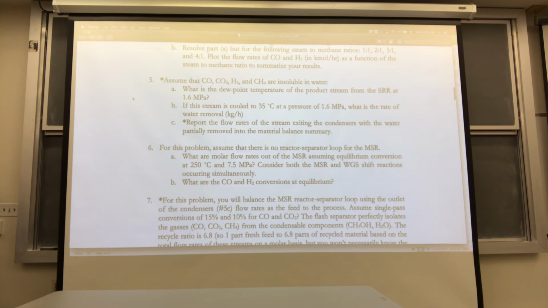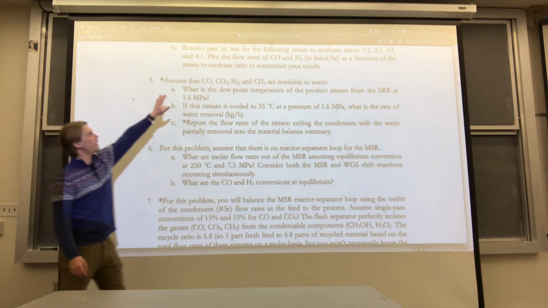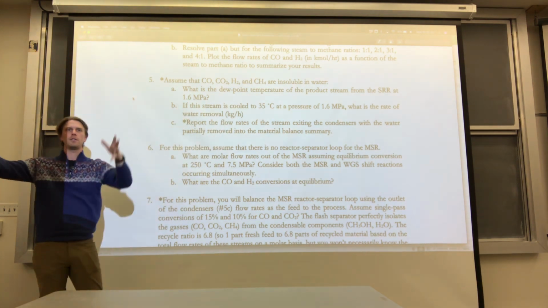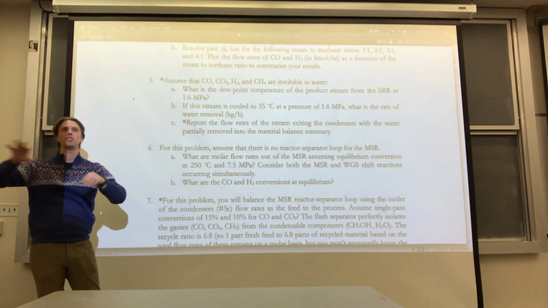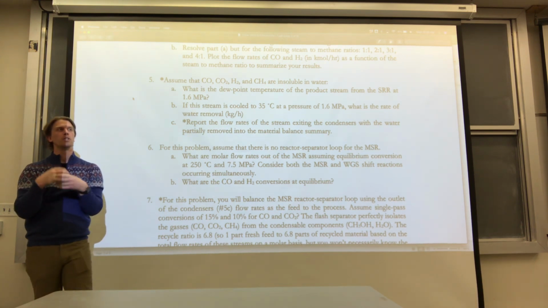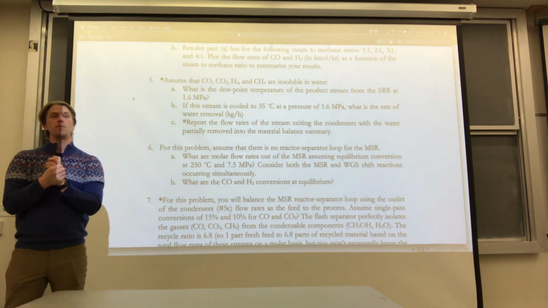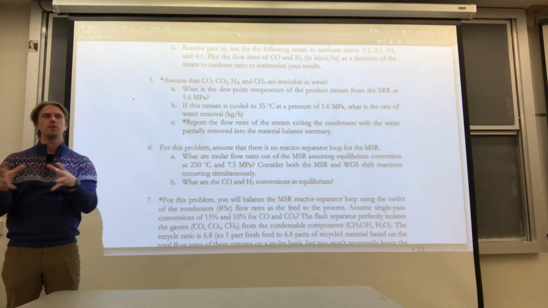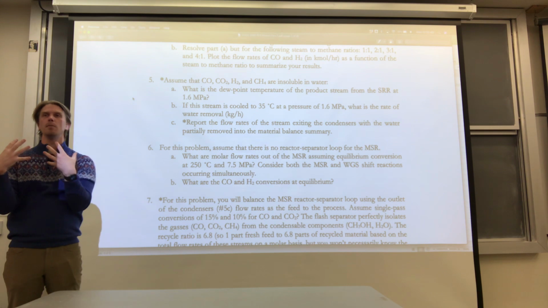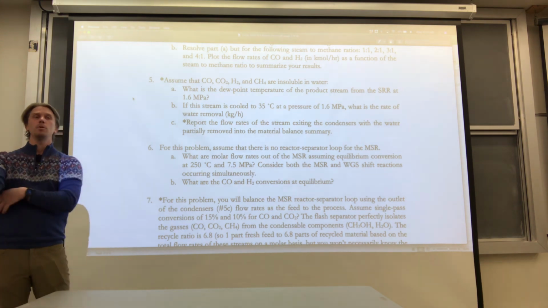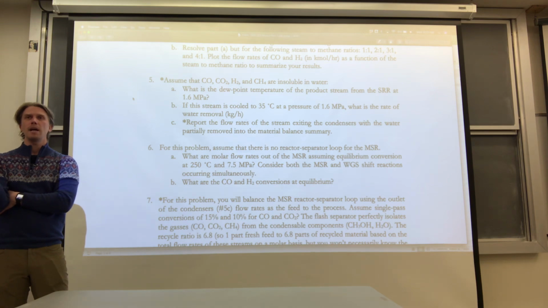So part 4B is saying resolve A, right, but do it for different ratios, and then plot the flow rates of CO and hydrogen, so you could see how they change if you change the inlet conditions. Because when you're designing a chemical process, you don't know what the exact right answers are. And so you have to actually balance and optimize the whole process to figure out what is going to be the most profitable combination. Because if you add more steam, you might be producing more carbon monoxide and hydrogen, but